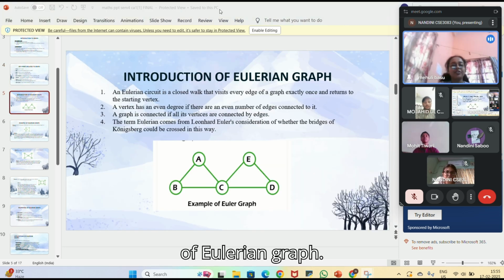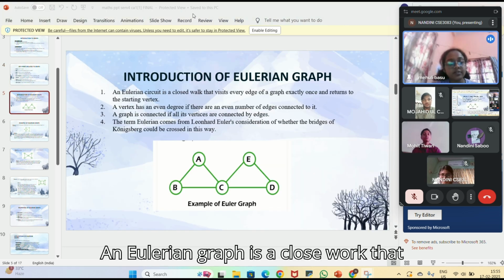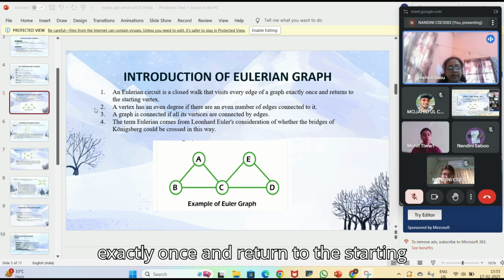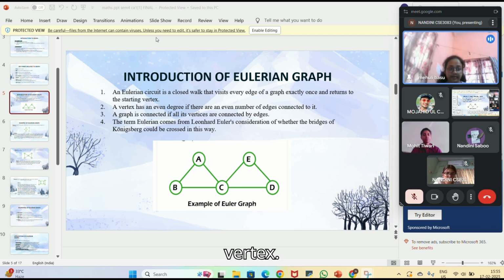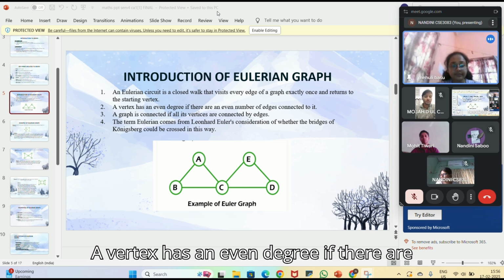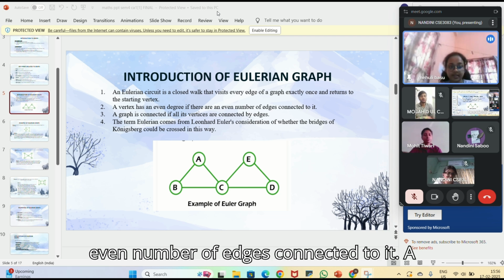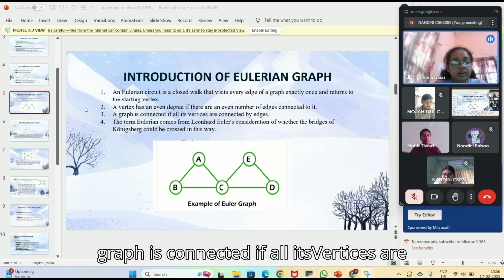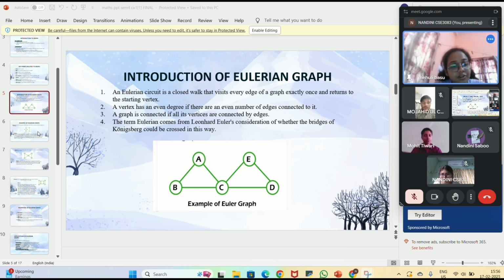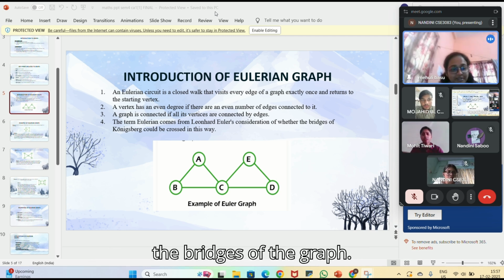Introduction of Eulerian graph. An Eulerian graph is a closed walk that visits every edge of a graph exactly once and returns to the starting vertex. A vertex has an even degree if there is an even number of edges connected to it. A graph is connected if all its vertices are connected by edges. The term Eulerian comes from Leonard Euler's consideration of whether the bridges of